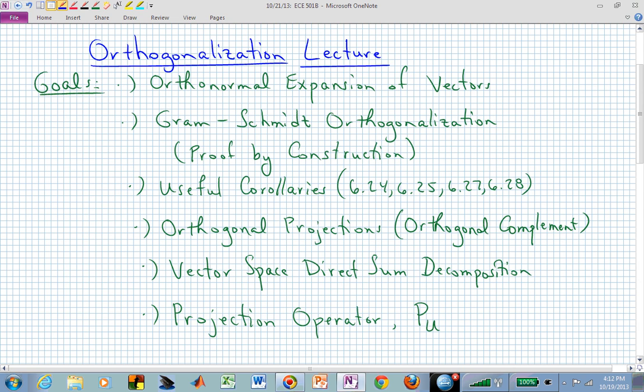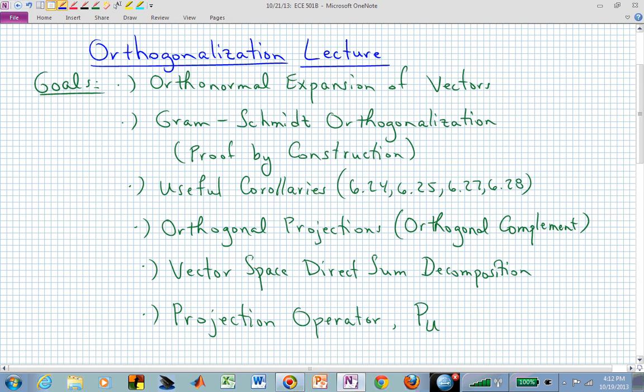using this concept of an orthonormal list of vectors, we can actually use that to build or to create a particular expansion of any vector in a given vector space in terms of an orthonormal set of basis vectors. And that will then give us an orthonormal expansion of any vector we want in that vector space, let's say capital V. Obviously, then it's going to be important to be able to produce or create these orthonormal lists, and